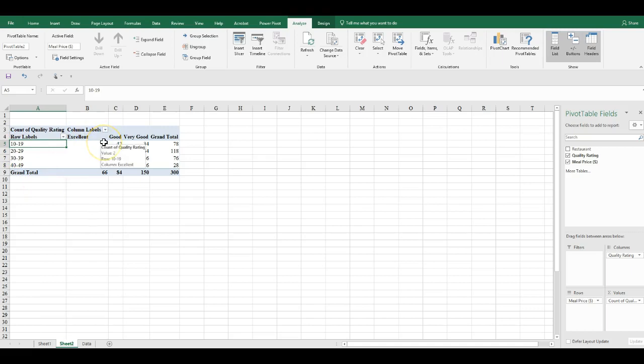So this gives us the frequency of the ratings at each one of these four price classes. So between a meal price of $10 to $19, we had 2 excellents, 42 goods, 34 very goods, for a grand total of 78 meals in that price class. Same as these. So what I would typically recommend at this point, and that's it in terms of how you